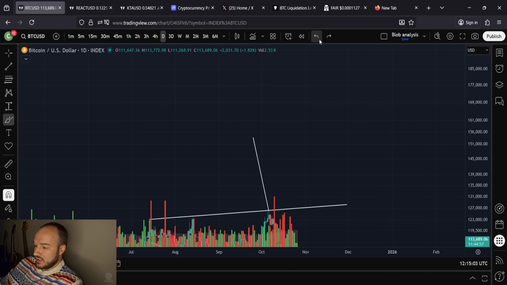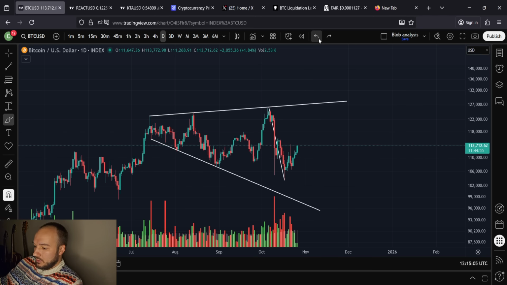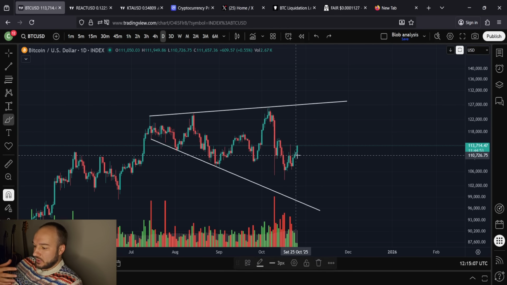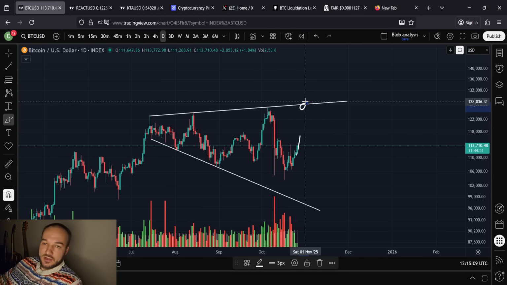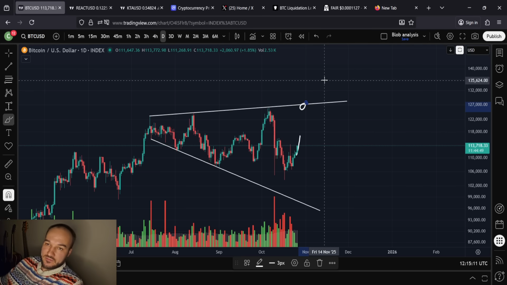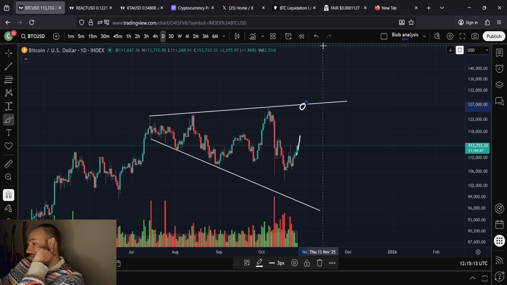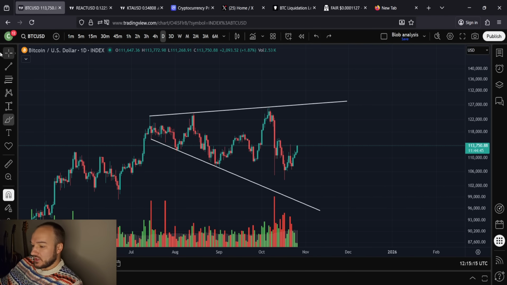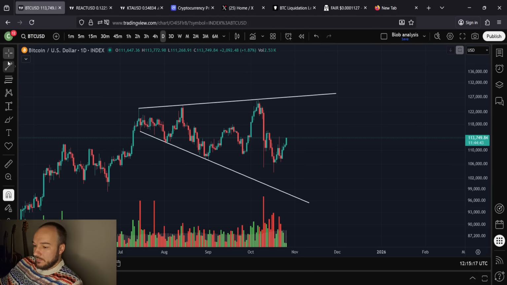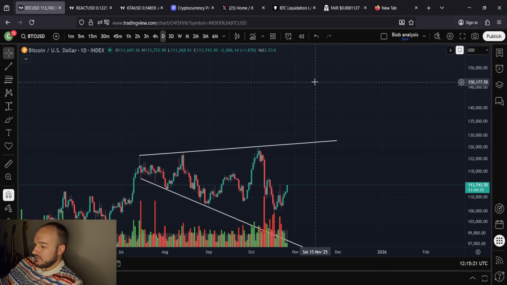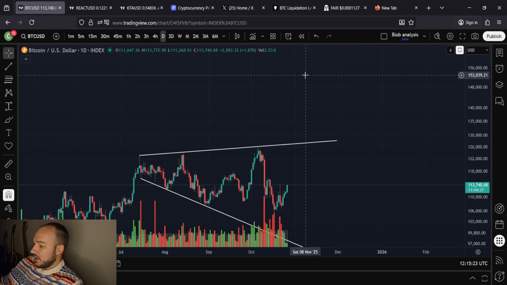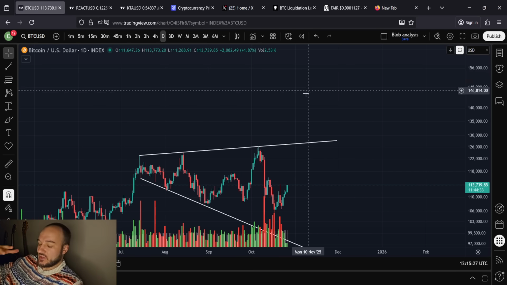But statistically speaking, the probable outcome is to go higher from here, to break out and exceed targets all the way up to about $154,000, $155,000, something like that. And again, I want to touch back on this. The measured move, I deleted it and everything, but the measured move that took us up to like $154,000, that's just an idea. We don't have to stop there. We can stop below there. We can stop above there.